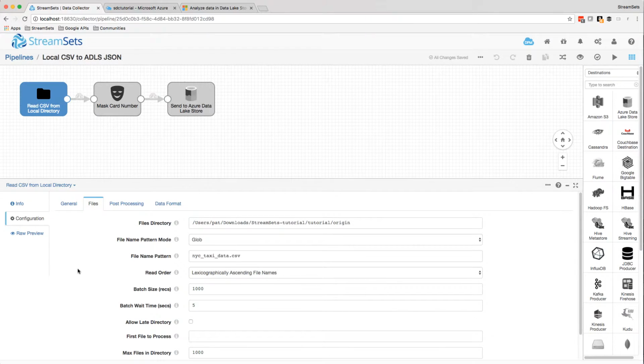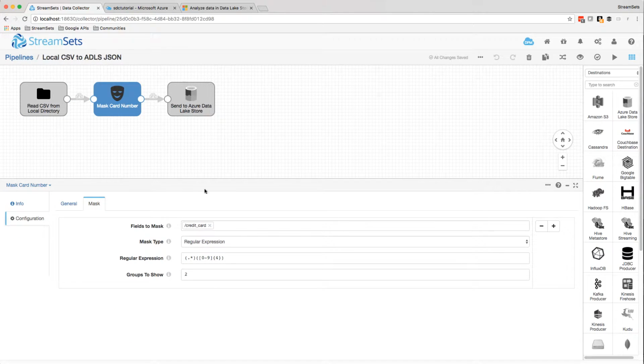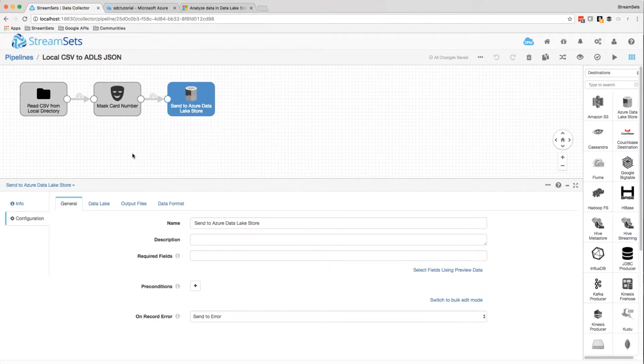So here's the pipeline I built with the StreamSets Data Collector Azure Data Lake Store tutorial. Now what I'm doing is I'm reading CSV data from a local directory. So there's my file, New York City taxi data. And all I'm doing, it's a very simple tutorial, I'm masking out PII, so the credit card number. So I'm going to mask out all but the last 4 digits of that and send that to Azure Data